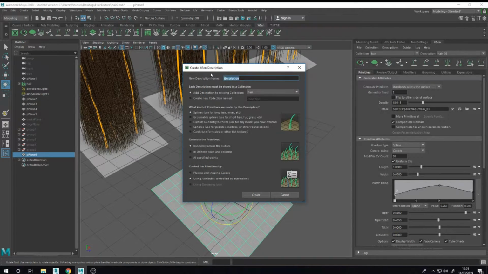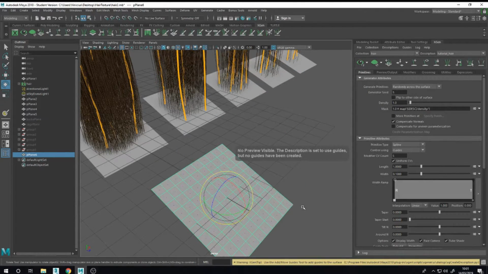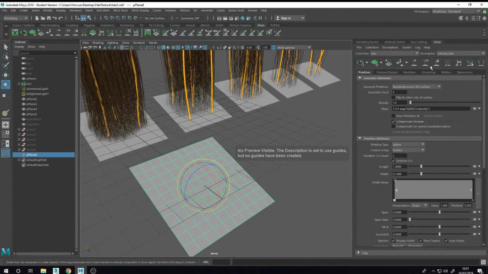Test, no, tutorial. Placing guides. Create. So here I put some guides.